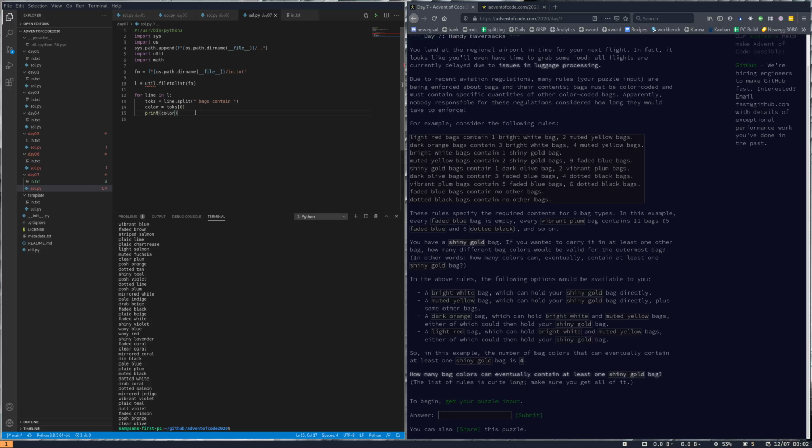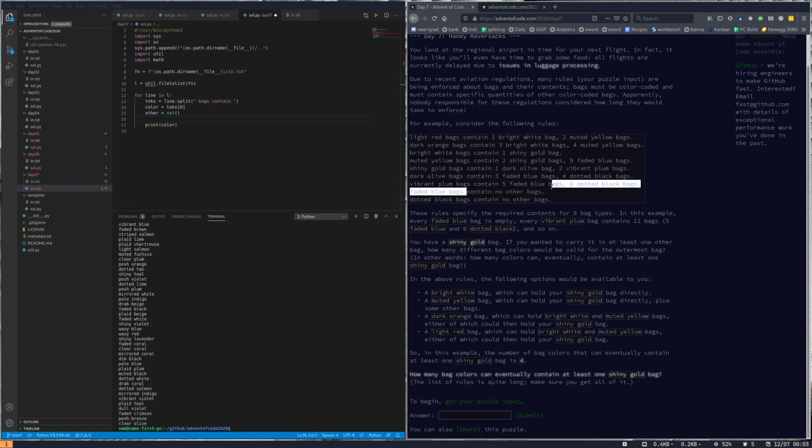So the next thing we need to do is figure out all of the bags that are inside of them. So we need to make a set to go along with those. I'm just going to call it other. If we split based on space, that won't quite work. If we split based on "bags," comma, then we almost got what we want. So one thing we have to worry about is the "contain no other bags." So let's say